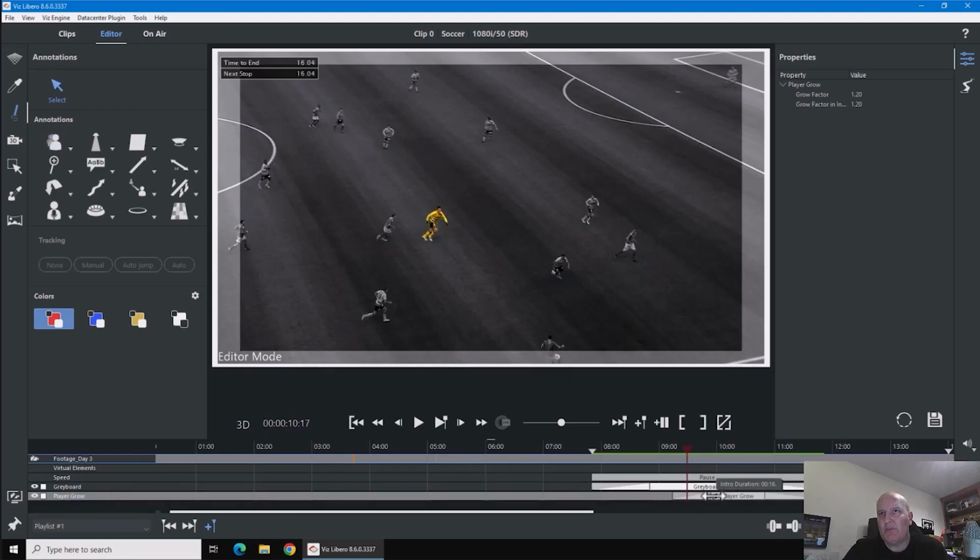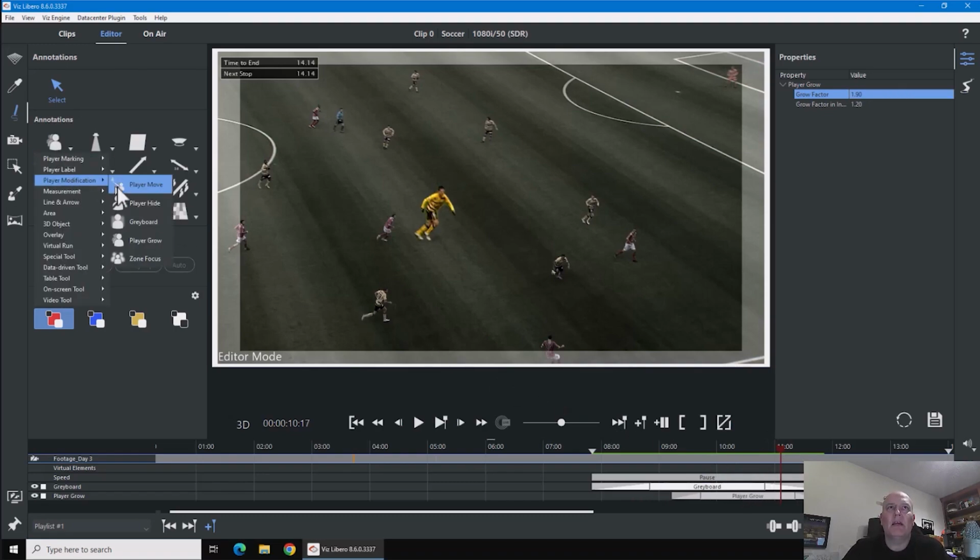I can adjust with the transitions here, and so now you can see, and I can also come in here and select the size. So the grow factor I can scale up, so you can see now I'm able to scale that particular player up and then out, and all of this is adjustable, just like an NLE that you can change the in and out, or I can position it on the timeline like so.